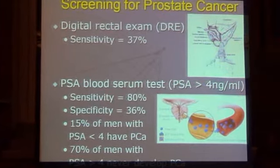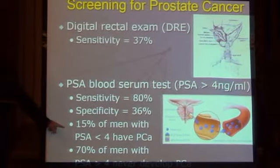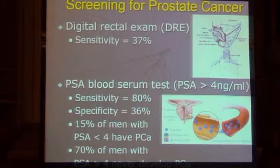The reason there's so much controversy about the PSA test is two things. One is there's a 75-year-old man in Tucson, Arizona, who's never had a PSA test done in his life. That man was the guy who came up with the PSA test. He doesn't believe in it. He wishes he never discovered the PSA test because he thinks that it's caused over-treatment of the